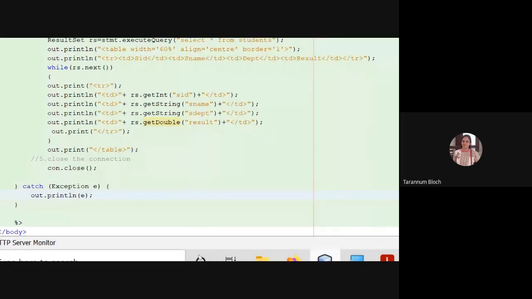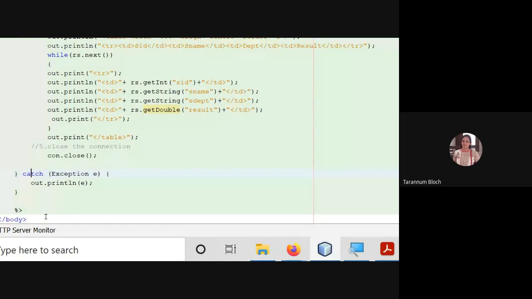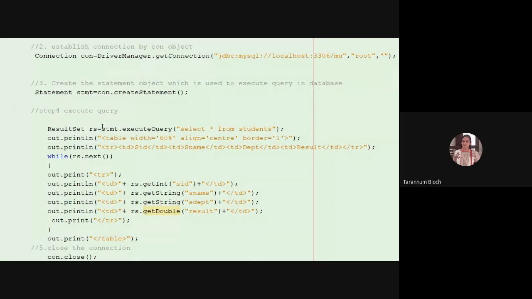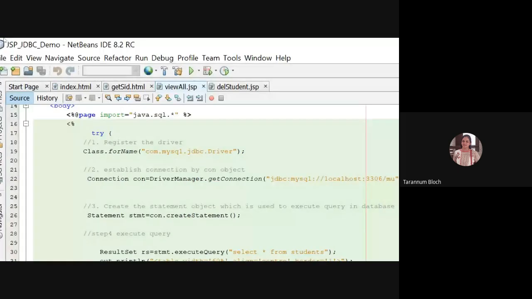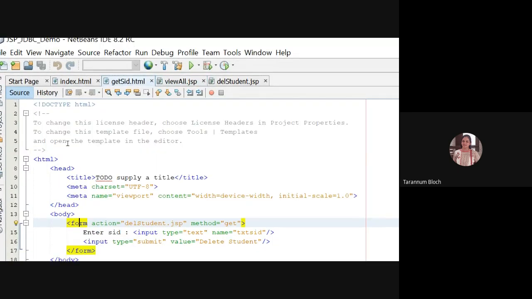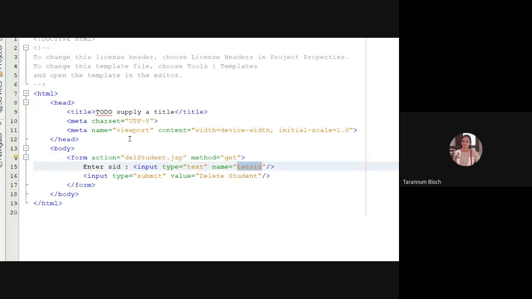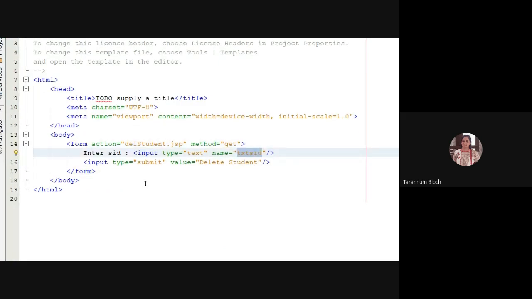Fine. If anything goes wrong, such as the connection is not established, we'll have the exception, which we are printing in the catch block. Okay. This is about the static query. Now, for delete student, we want to delete the student whose ID is entered as txtSID in the text box.